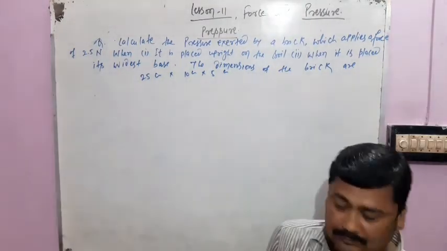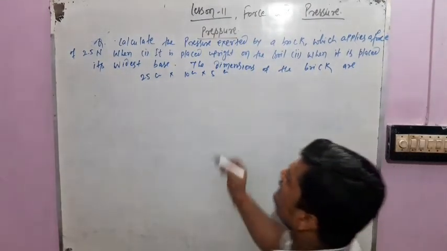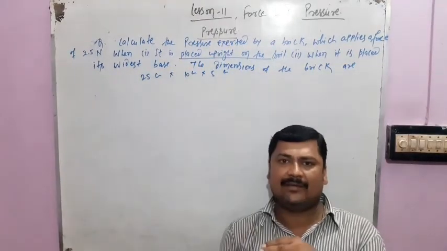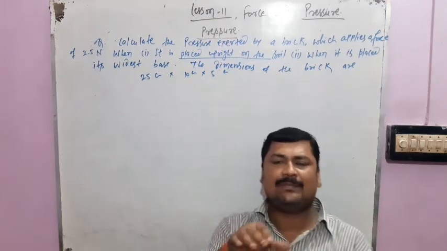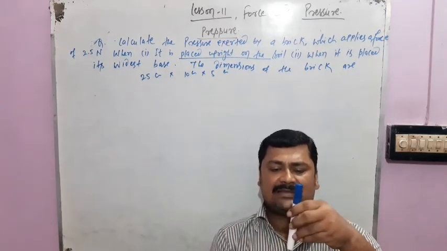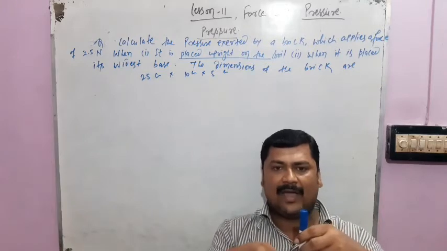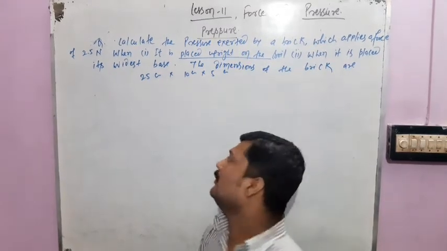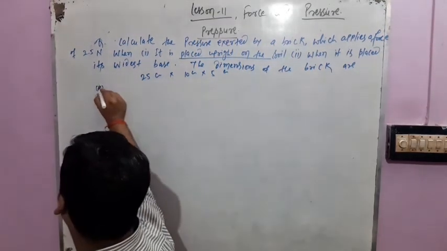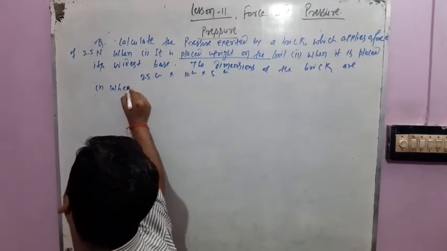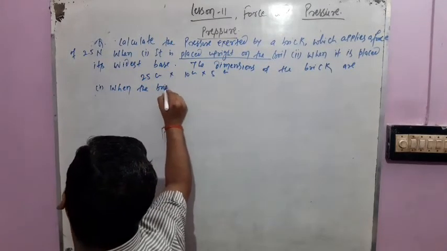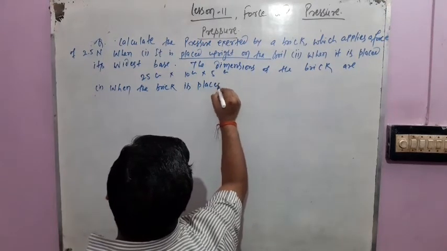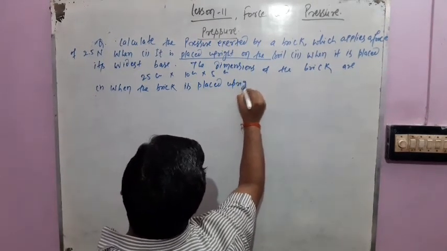Now, in the first case, the brick is placed upright on the soil. Upright means completely straight. Now, suppose this is the length, breadth and height of the brick. Then if we keep it like this, what area touches? 5 into 10. Upright means completely straight. It will be straight on the ground. So, in the first case, when the brick is placed upright on the soil,